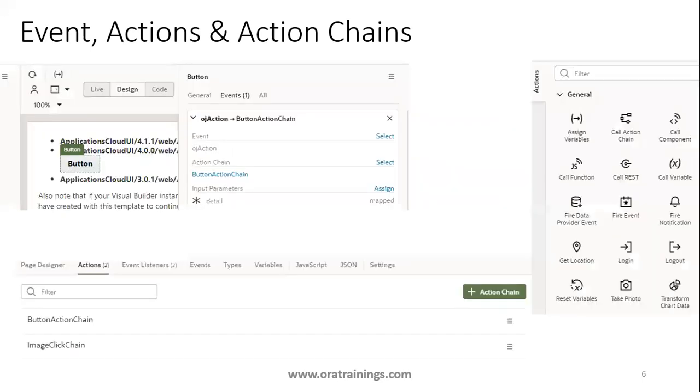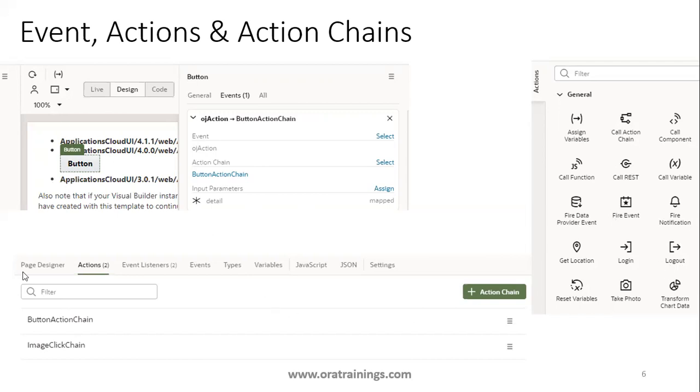And here if you observe, assume this is my application. I have a button, and in the button I will assign an action. I will have an action chain, and to this action chain, I can assign n number of actions, like assigning a variable, call action, call component, get the data from a business object, or get the location, a number of things.